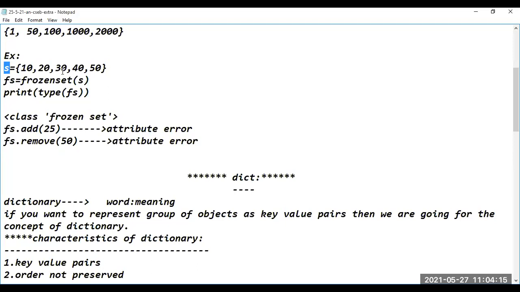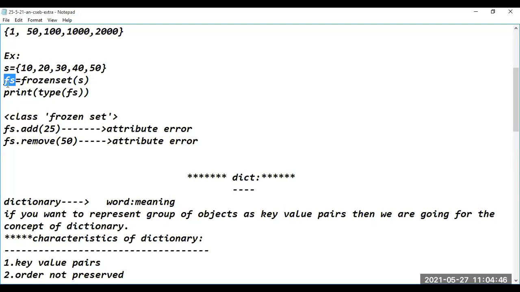The content of this particular set should not be modifiable. To make it possible, we go with the concept of frozen set. To create a frozen set, we use a function called frozenset. Frozenset of what? What are we passing here? Set. We are passing the set to the frozenset function such that the set is converted into what type? Frozen set. So what is the data type of this particular F?